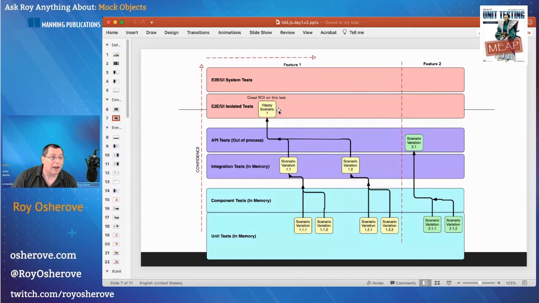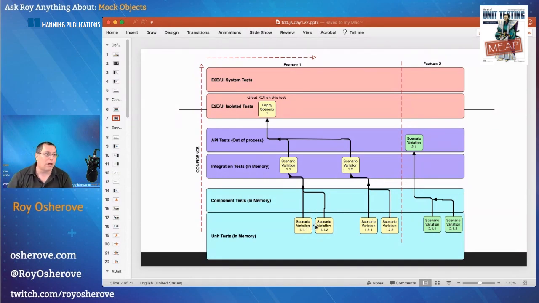So for that feature, I have a bunch of scenarios that I would like to test. This scenario right here, I can test it as an end-to-end. But then maybe that's just a login. What about all the variations of how logins can fail? Well, I can test some of the variations as an integration test or maybe as API tests. And once I've tested a couple of variations here, I can test internal variations on those variations, right? At lower levels as unit tests.